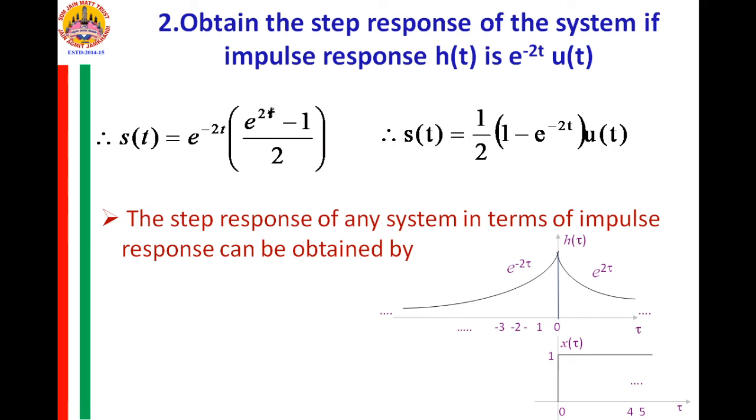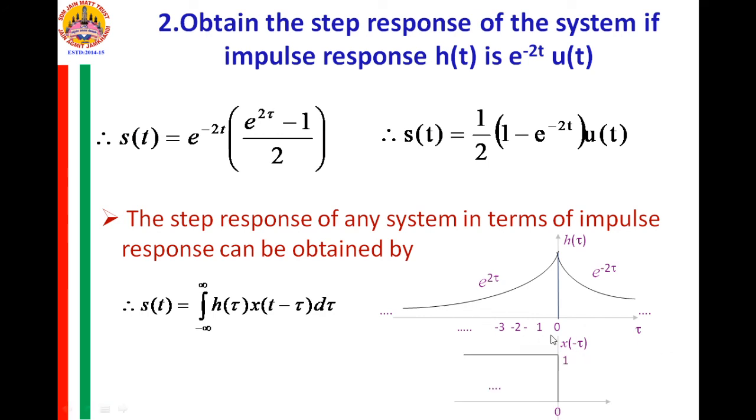So what we do is, we reflect this x of tau about the origin, and go on shifting it to the left side and right side for t less than 0 and for t greater than 0. So what is your observation here is, if the h of tau is existing from minus infinity to plus infinity, the overlapping always will be there from minus infinity up to this instant. So x of t minus tau, if you sketch up to this instant of t, the overlapping will always be there. So s of t, we shall write always, integration from minus infinity to t h of tau d tau.